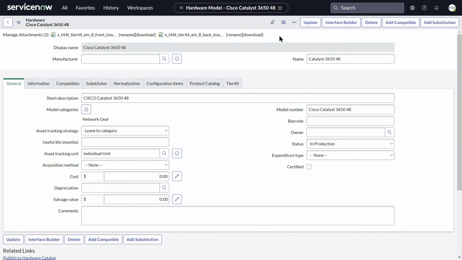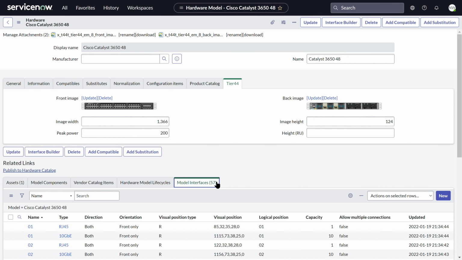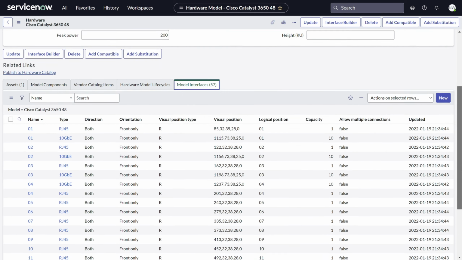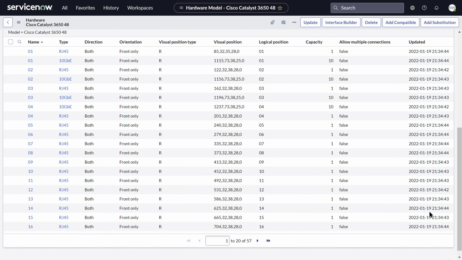This video will demonstrate how to use the Interface Builder tool from the Tier 44 application in ServiceNow. Tier 44 extends the ServiceNow product model with a model interface table where we allow you to create and graphically draw interfaces using the Interface Builder on the front and back images of equipment. I will explain how to use the tool in detail as well as building interfaces on a computer room floor